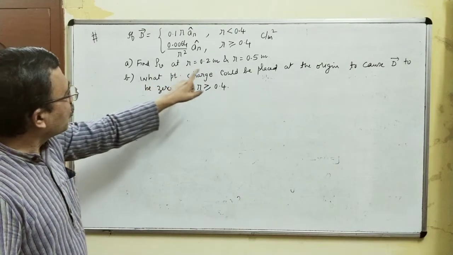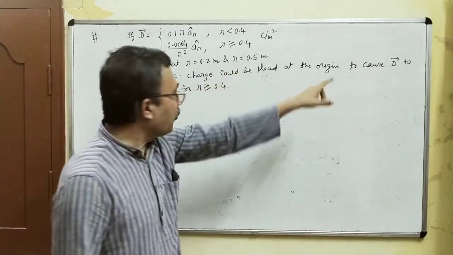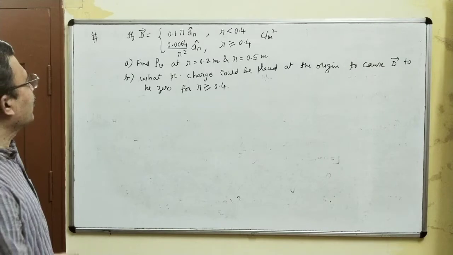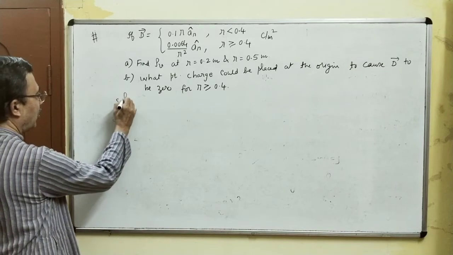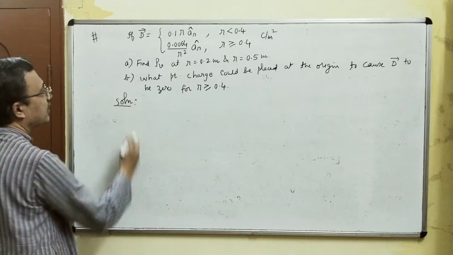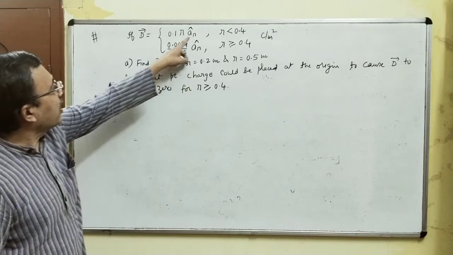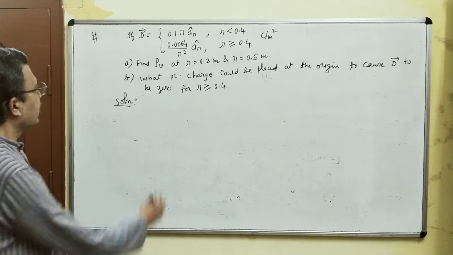What point charge could be placed at the origin to cause vector D to be 0 for r greater than or equal to 0.4? So we solve this problem. Coefficient of ar cap is what? Gauss law